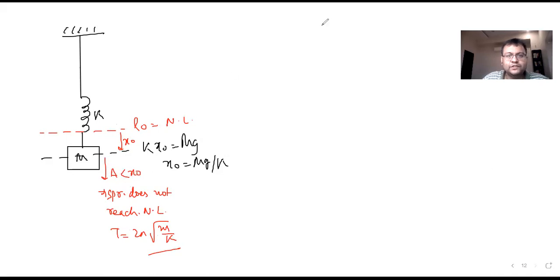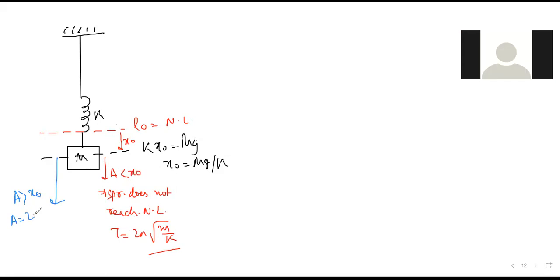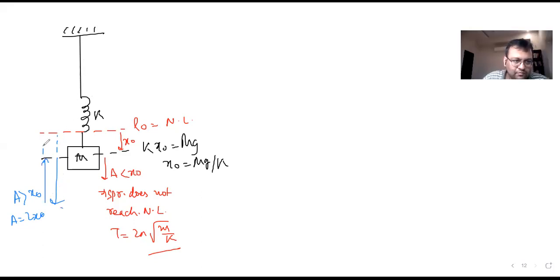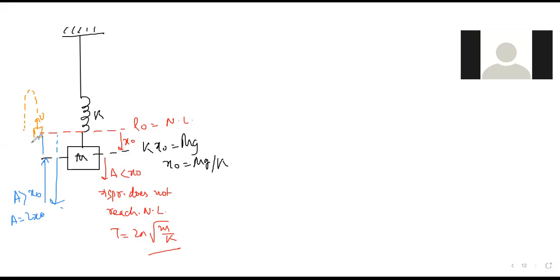But if I give it a displacement which is, let's say, double this x naught, then there is a problem. Why? Let's say 2x naught. तो जितना नीचे जाएगा उतना ही ऊपर जाने की कोशिश करेगा, बट वो उतना ऊपर जा नहीं पाएगा। भाई उसके पहले क्या हो जाएगा? The spring will come to the natural length, the spring will slacken, and so इधर से इधर तक तो वो SHM किया, बट इसके बाद से वो क्या करेगा? यहाँ पर it will have some velocity left, and so it will be a free fall under gravity, and then again it will do an escape. तो इसका टाइम पीरियड अगर निकालना है तो कैसे निकालेंगे? टाइम पीरियड ऑफ ऑसिलेशन।